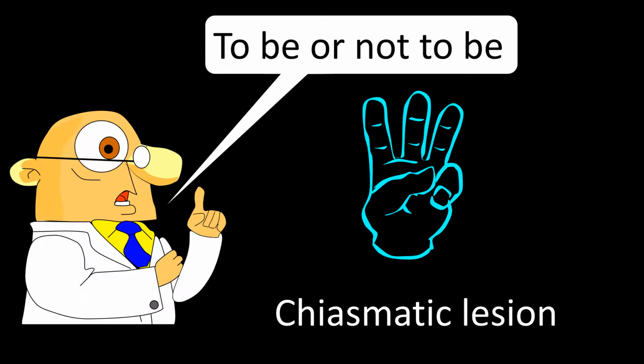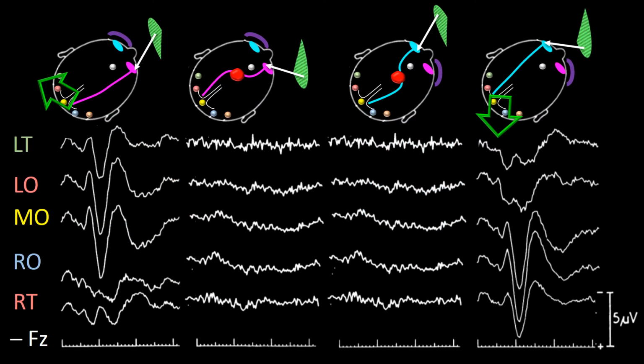When the lesion is at the chiasm, stimulation of the right visual field of the right eye and the left visual field of the left eye do not record P100s. The best way I remember this is by linking bitemporal hemianopia, nasal retina, and chiasmatic lesion. So we will see absence of P100 in the right eye following right eye hemifield stimulation,